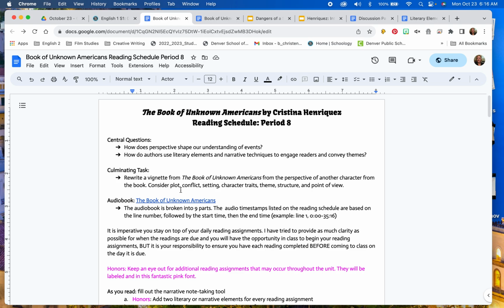Then you'll have to consider the literary and narrative elements within the novel to accomplish this. If you don't know what a vignette is, don't stress about it right now. That should become clear as you start reading the novel, and I will have you add it as a vocab word later in the unit when I get back.